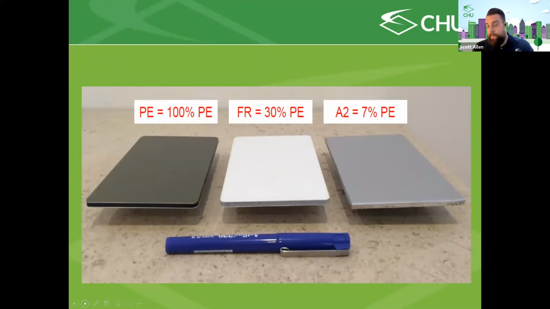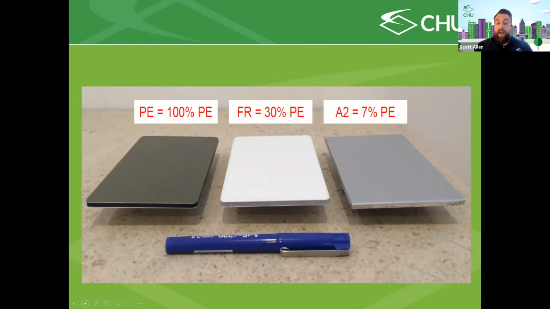The one in the middle is a fair bit better, but it is still, of course, flammable, and so is the one on the right, but it is far, far better. Only 7% of the sandwich in between is actually plastic on that side. However, it will still burn. It is still more risky than brick or concrete, so it will increase your premium, but there's a drastic difference between the left and the right in this picture in terms of premium.